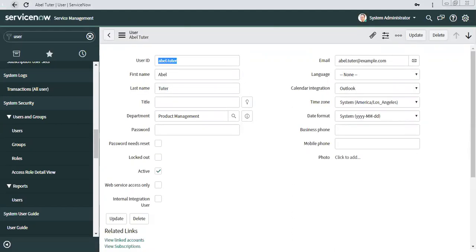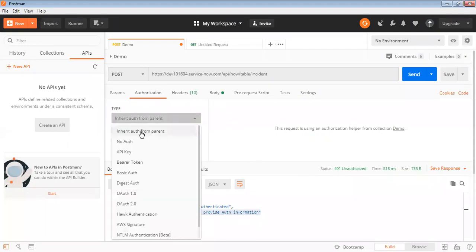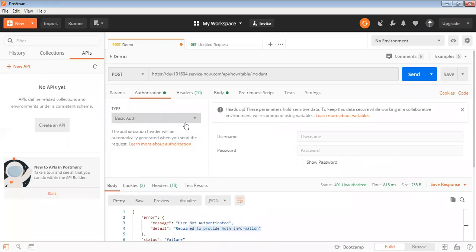Let's switch to Postman, and I will go to authorization and use basic. As per your defined method of authentication, you can use OAuth or basic. Here I am going to use the AbleTutor credentials.